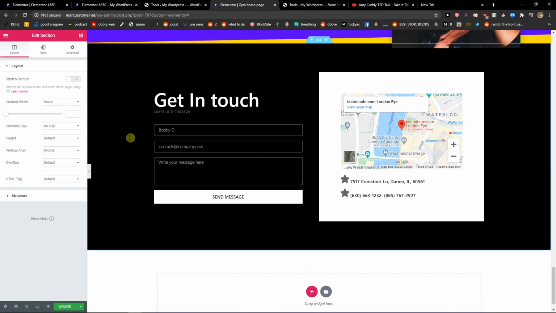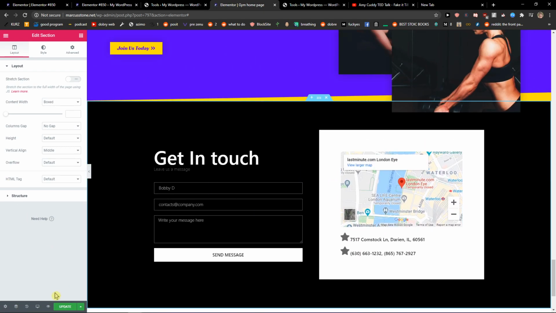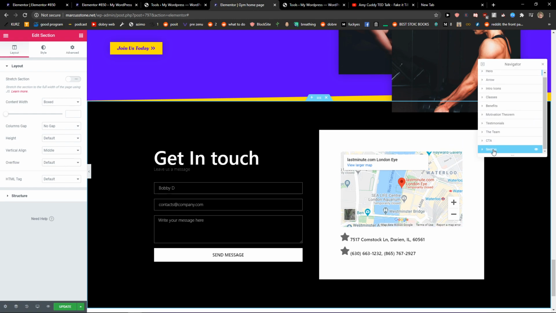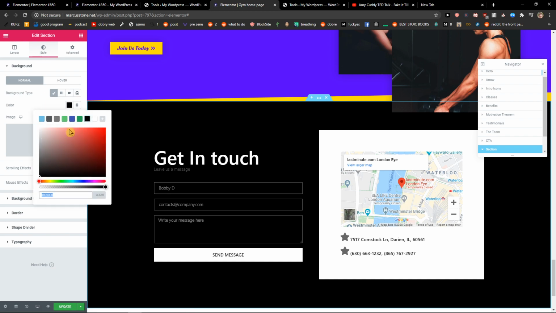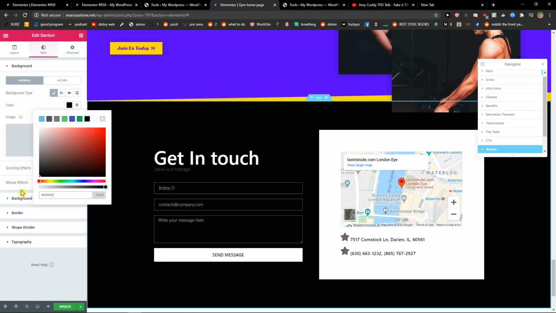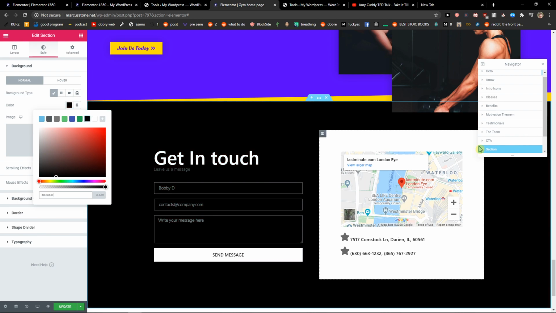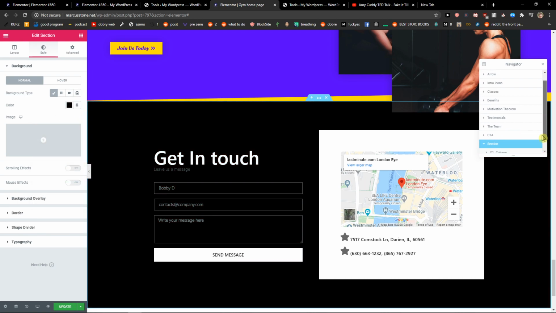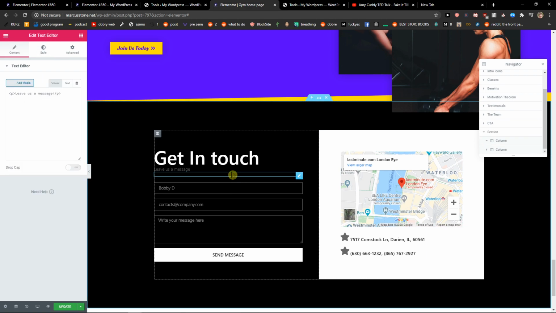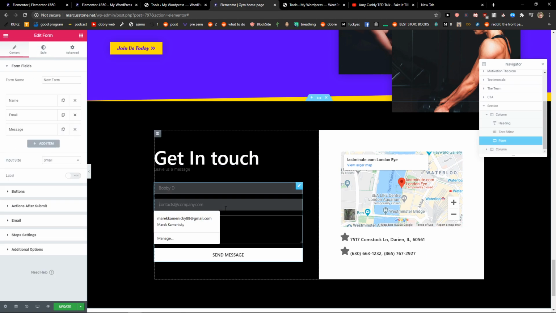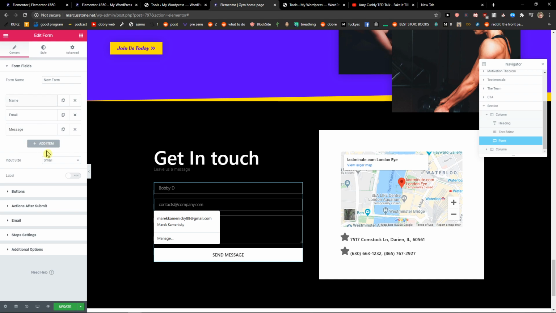And voila, here you got it. And when I go to navigation, I got the section here, and I can change the style to have it edited as much as you want, right? And that's pretty much it. And I have a form field here. So this is pretty much it, and this is how we can add